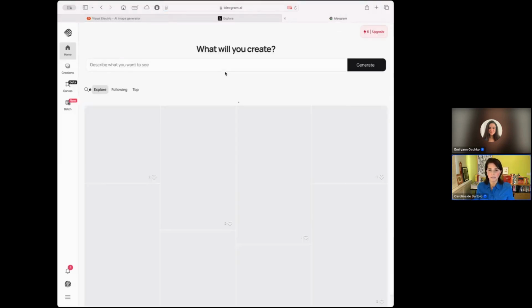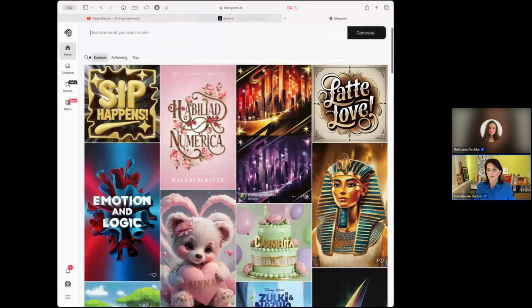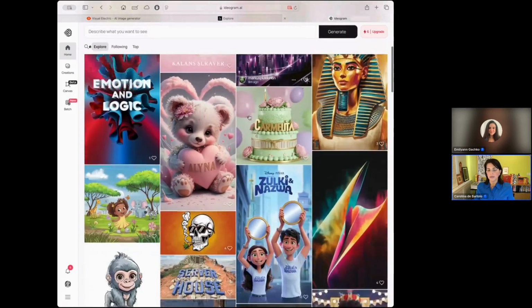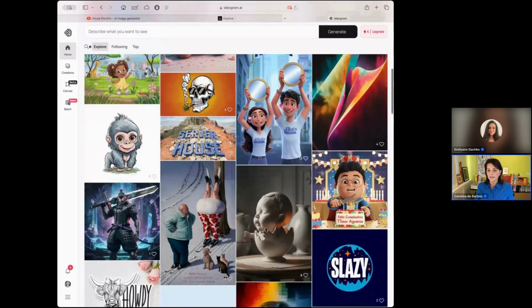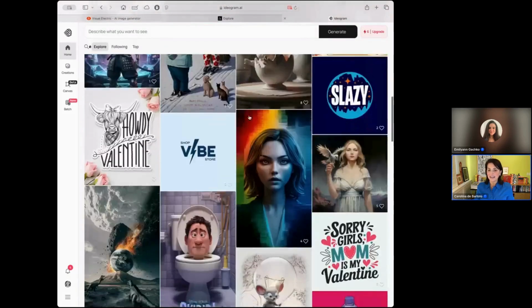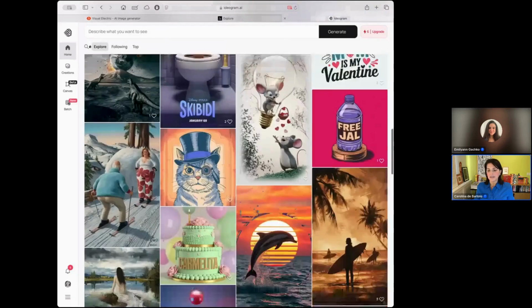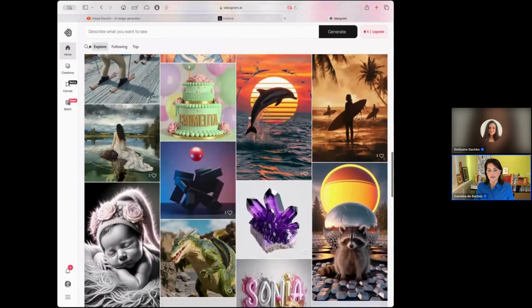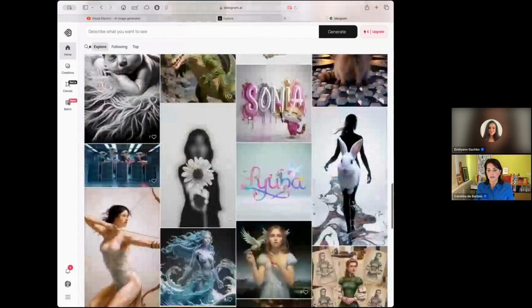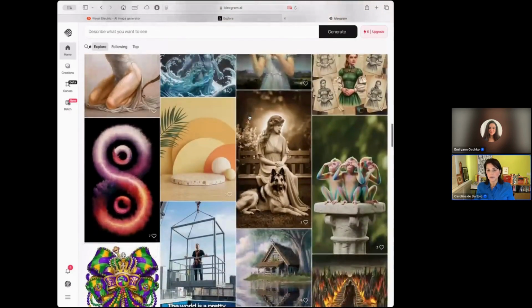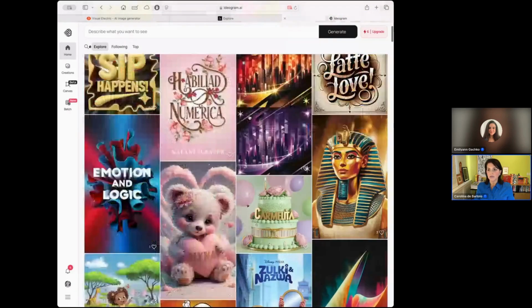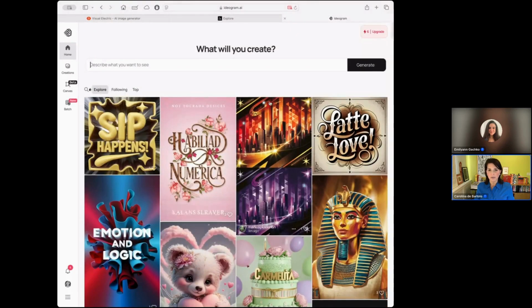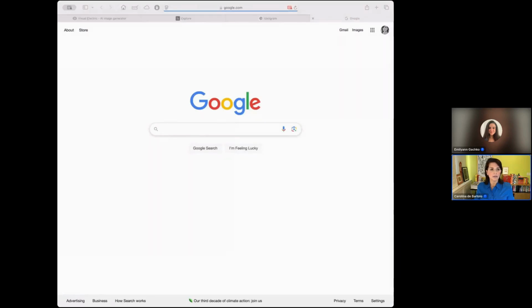Here's Ideogram. And then you can see the kind of quality of images that you start to get over here. They're a little bit more pedestrian, you might say, these images, in my opinion. So just so you know, that's the kind of thing you're going to get using this platform. That doesn't mean that you couldn't do a prompt and have something that's much better than what you see on here, but that's one thing that you can discern the differences between the platforms using just their own image galleries